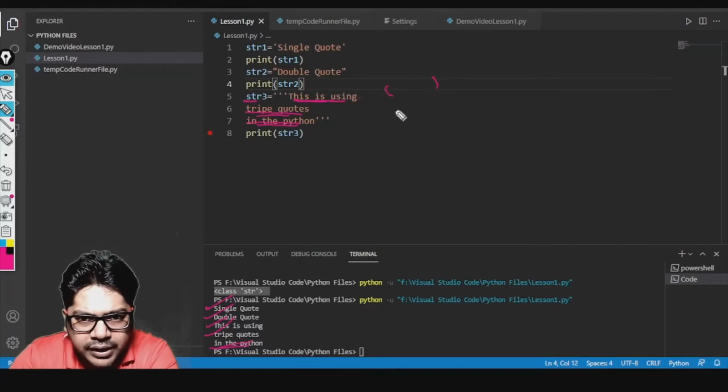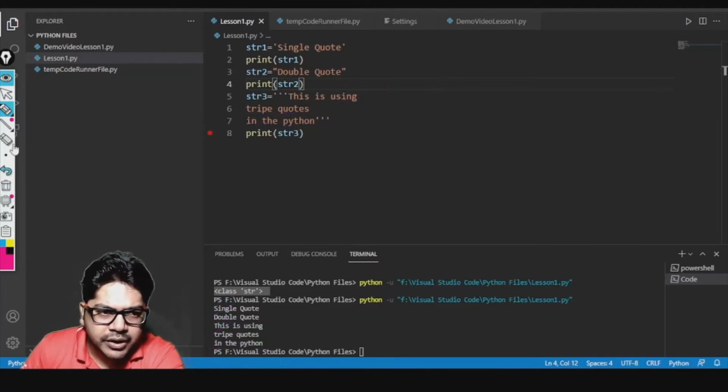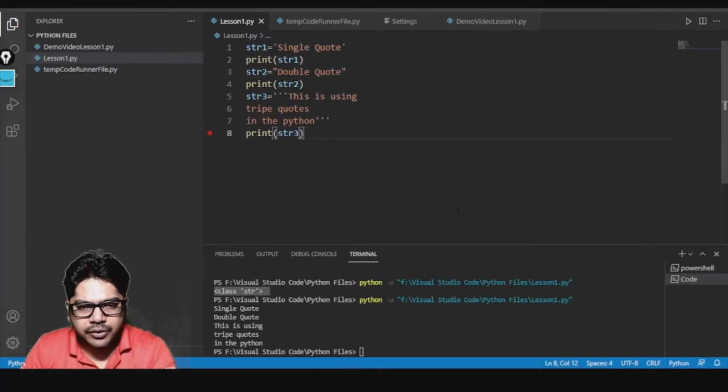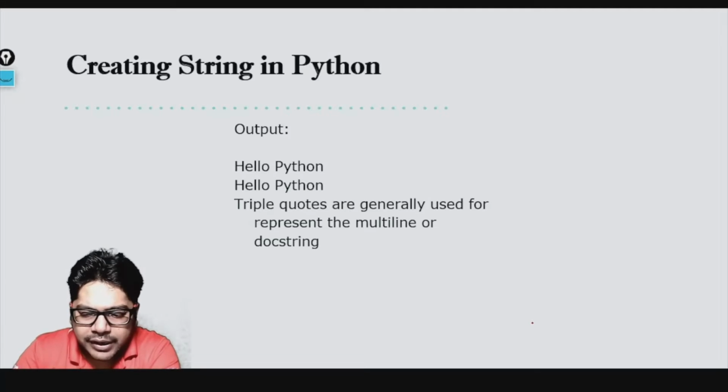So you can use single quote, you can use double quote, or you can use triple quote also. Now when you give triple quote, you should not give double quotes 3 times, that is not the right way. Single quote you give 3 times and that becomes triple quote. So that is something that you should remember. Otherwise if you press double quote 3 times, you will get an error.